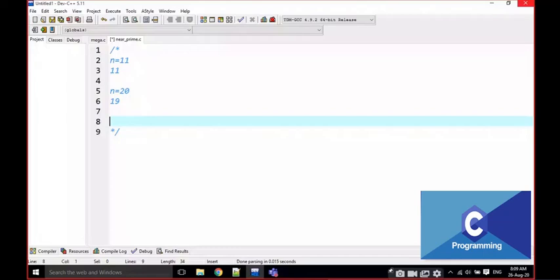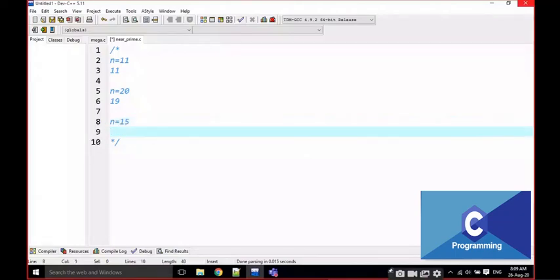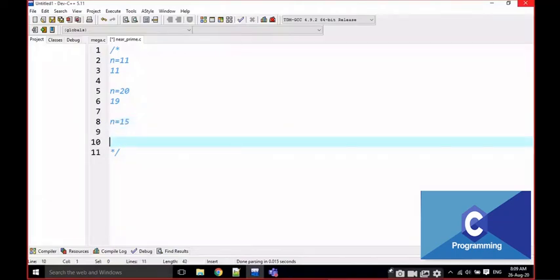Okay, and the third one, if the input is 15, 15 is in between 13 and 17. 15 is not a prime, first of all, and it is in between 13 and 17.